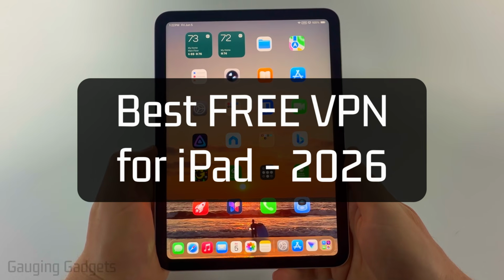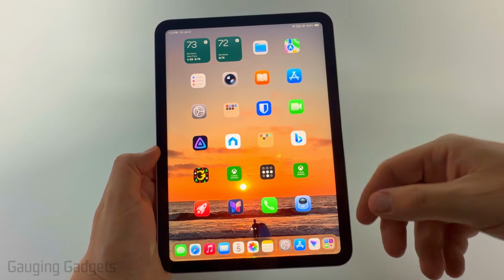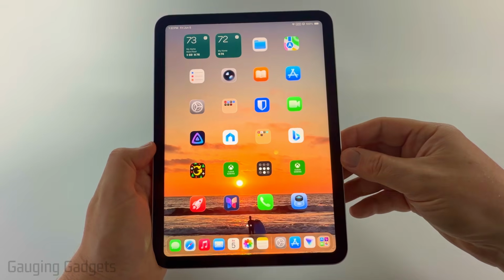What's the best free VPN you can get on an iPad in 2026? In this video, I'm going to show you how to download and set up the best free VPN you can